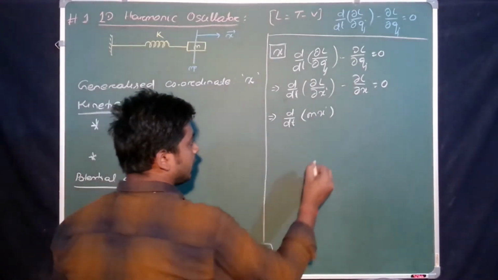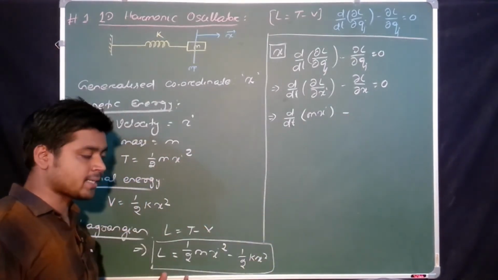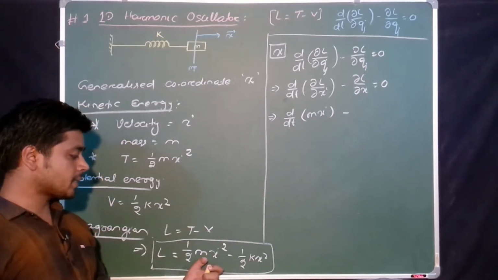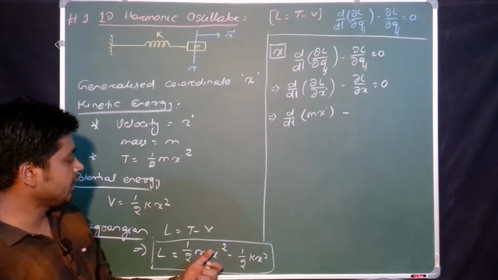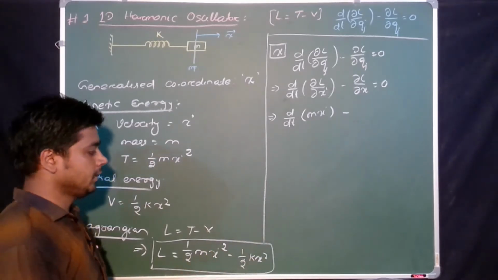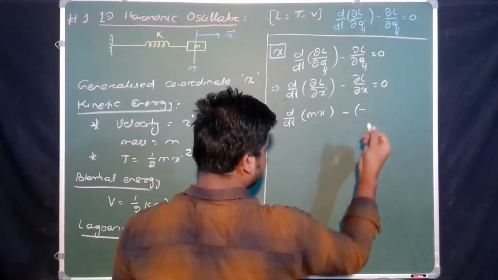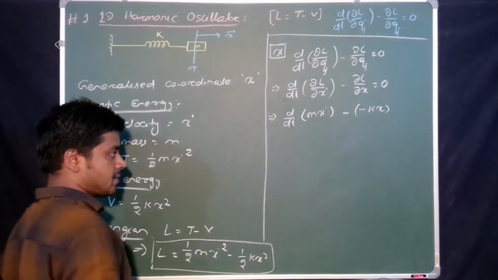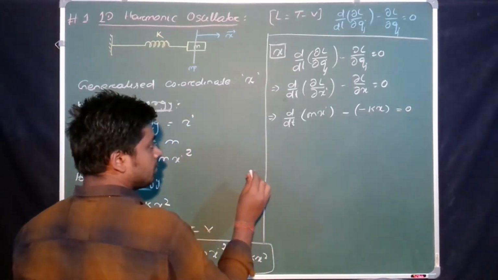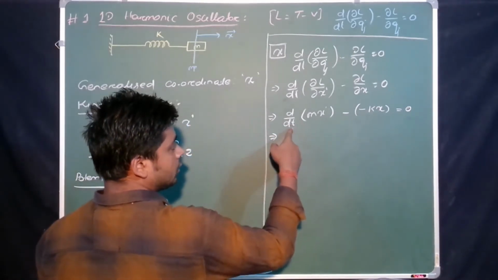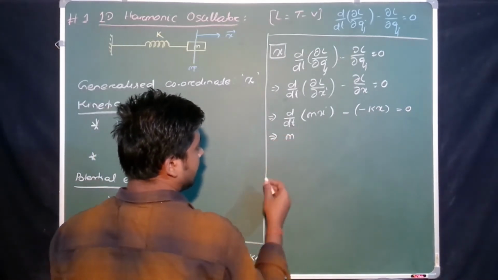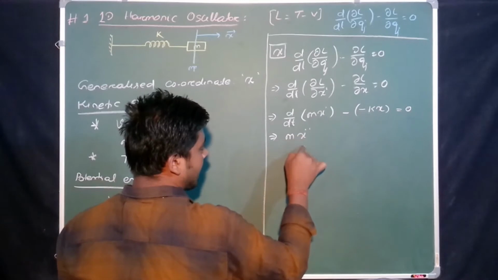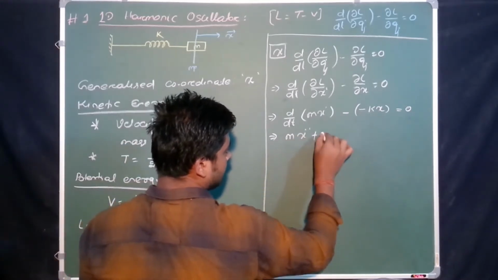Okay. Then minus, differentiate this Lagrangian with respect to x, the position coordinate. Just see here, this first term doesn't contain x because the first term contains velocity. So if we partially differentiate this first term, it becomes 0. Then the second term is minus of kx. Yes or no? Minus of kx is equal to 0. Just simplify this. Mass is constant with respect to time. Yes or no? So here mass can come out. Then differentiation of x dot is x double dot, that is acceleration, minus of minus, that is plus kx